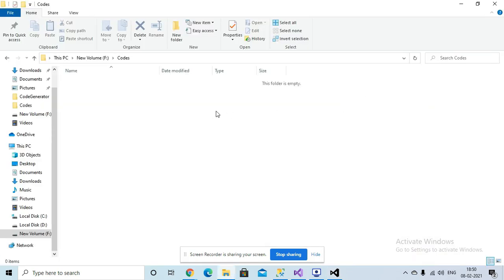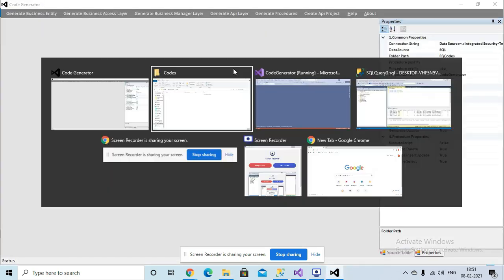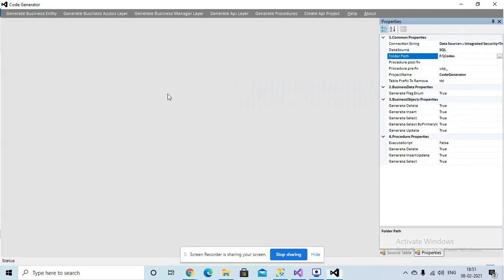This tool will generate the code and place it in this folder. Then we can provide a procedure postfix and prefix if we want, and the project name. I'm giving the project name my demo API.